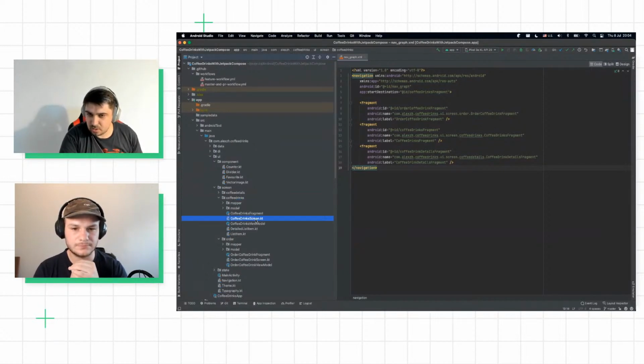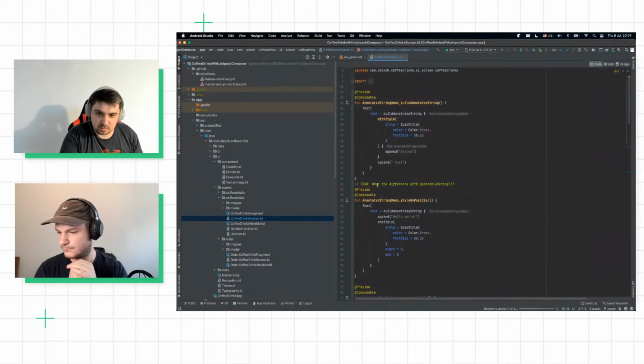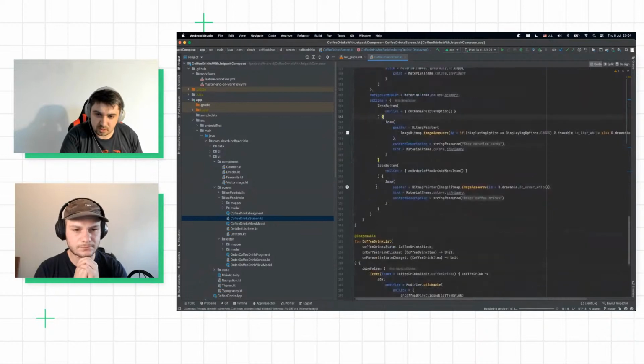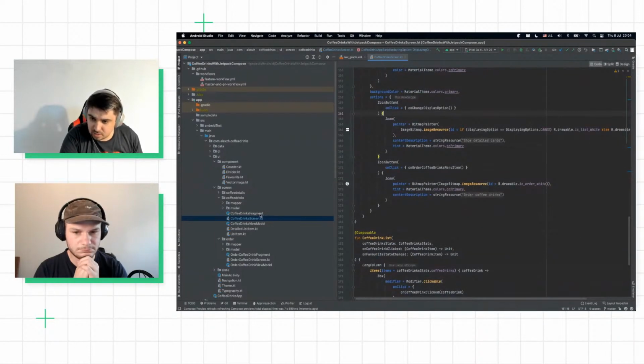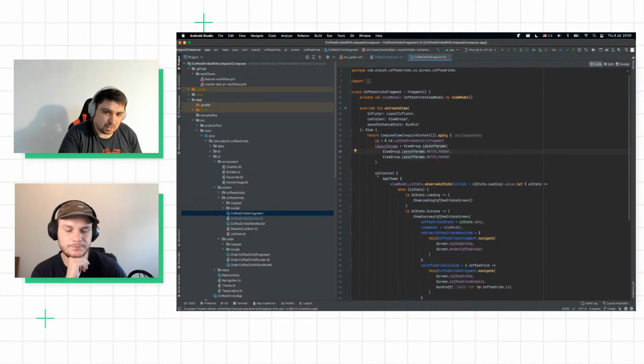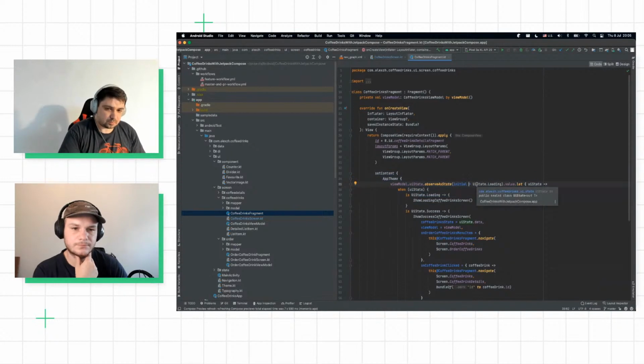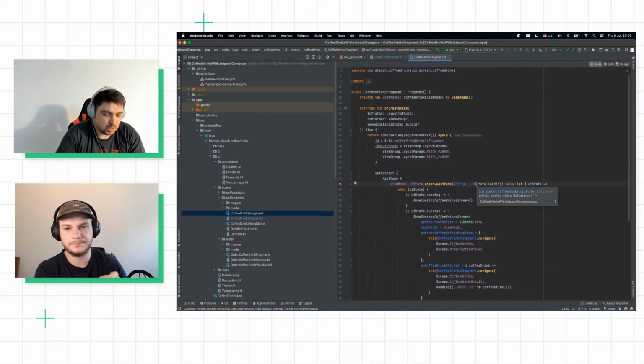So if you open a screen, inside the screen it's a simple fragment, and inside this fragment we return a compose view, and here we call set content and render all our code. So here we don't think that it can be a problem. The only problem possible is that